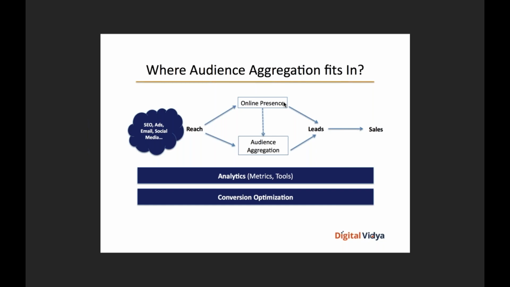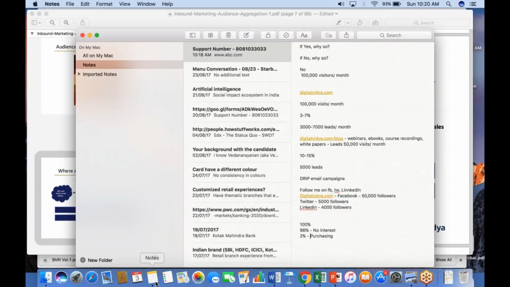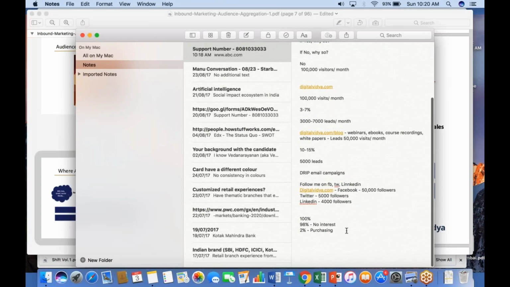Now, what audience aggregation allows brands to do is, once they actually land on a website, what typically brands do is they get the customer to perform multiple kinds of call to actions. And that's what I was talking about here. If you go back to my notes again, there are multiple things that a customer can do. We spoke about engagement magnets, right? There needs to be something which can incentivize the customer to perform some kind of desired action. So there needs to be some kind of a customer call to action, so to speak, on the website.